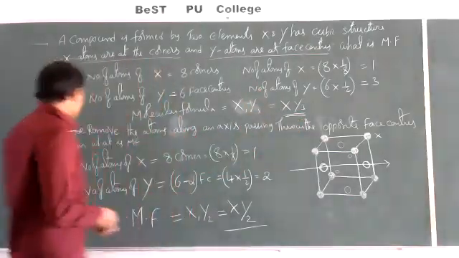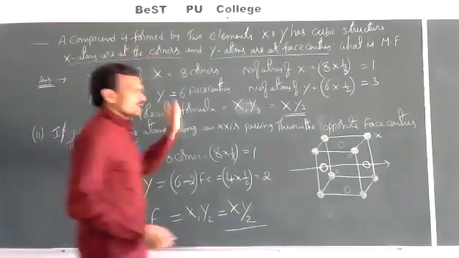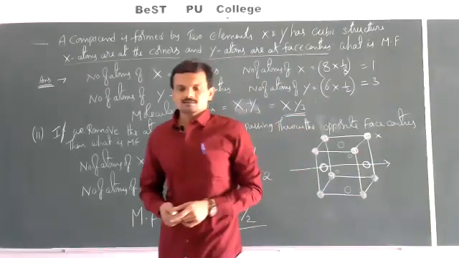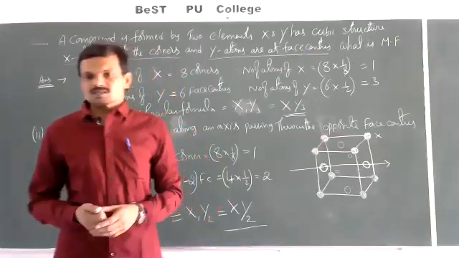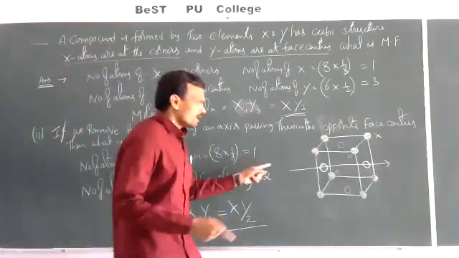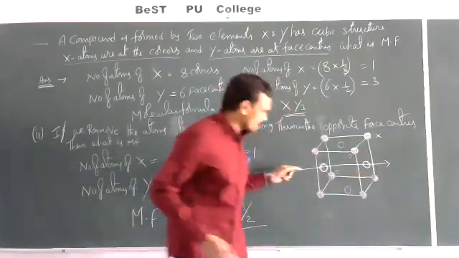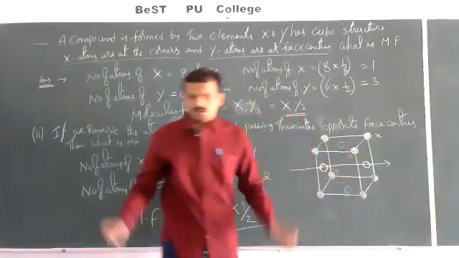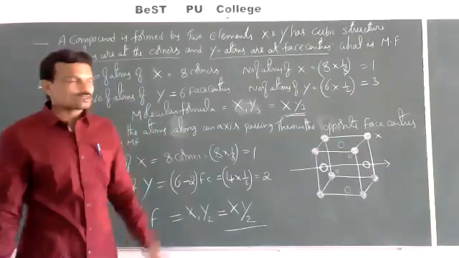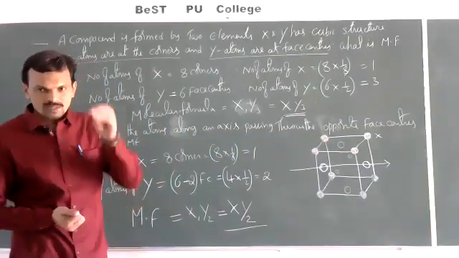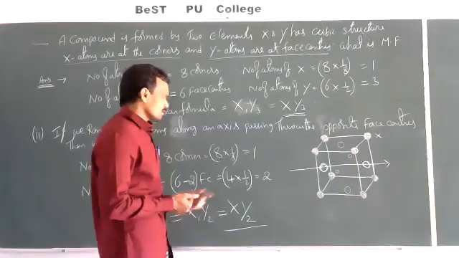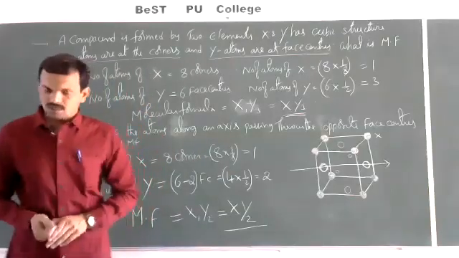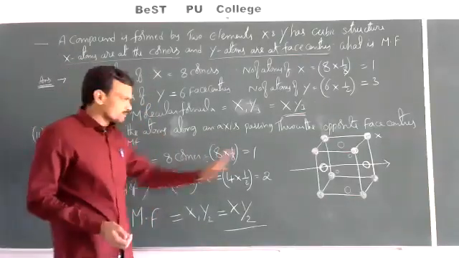Okay, right. Next. Now, in the same cube, if we have removed the particles along the axis joining 2 opposite face centers, meaning an axis passing through 2 opposite face centers, you can take top and bottom, or front and back, any 2 opposite face centers. So 2 face center particles are removed out of 6 face centers. Then what is remaining now? Only 4 face center particles will be there. No corner particle is removed.